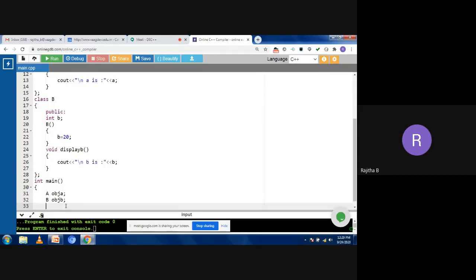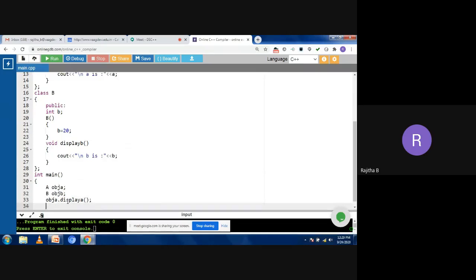Now I need to call the display function of class A as well as class B. How to call that? Using the object name, objA.displayA(). Now I need to call the B class function.